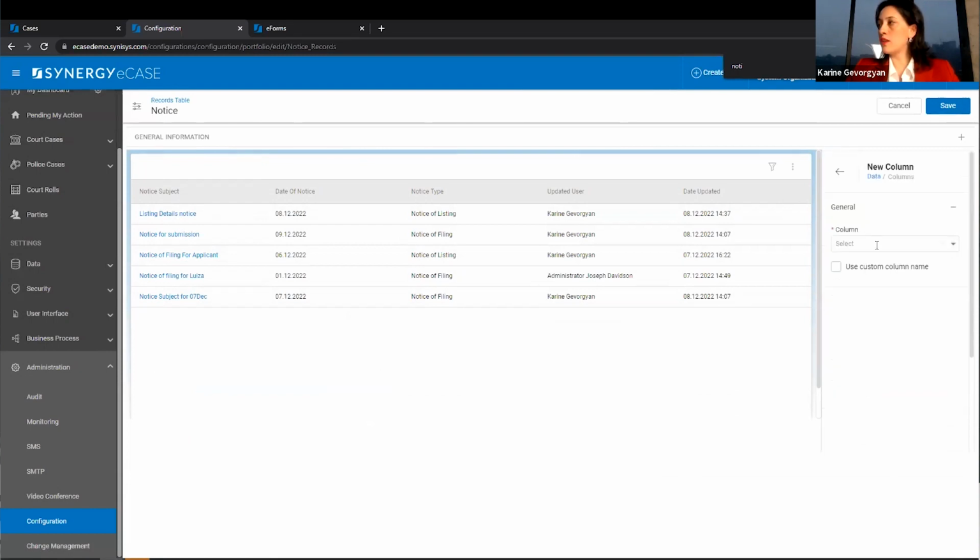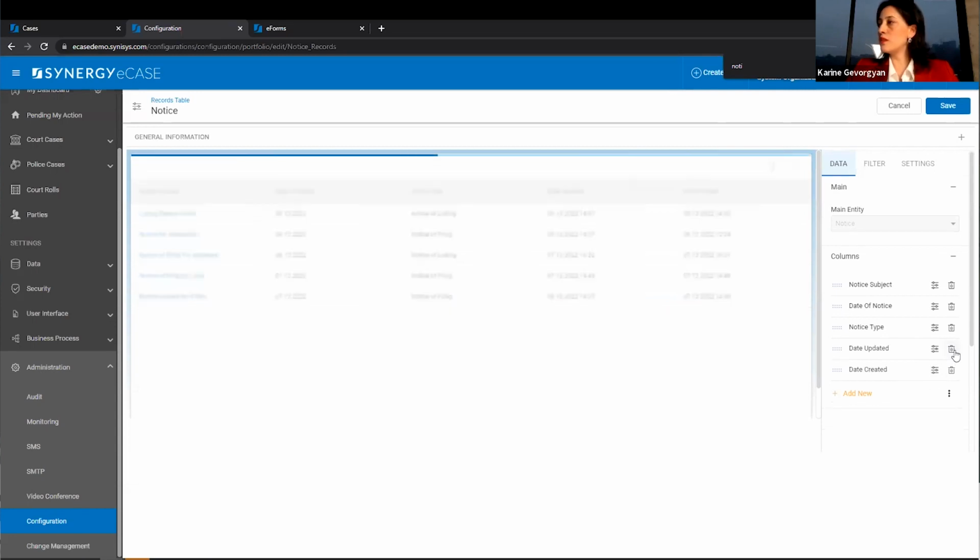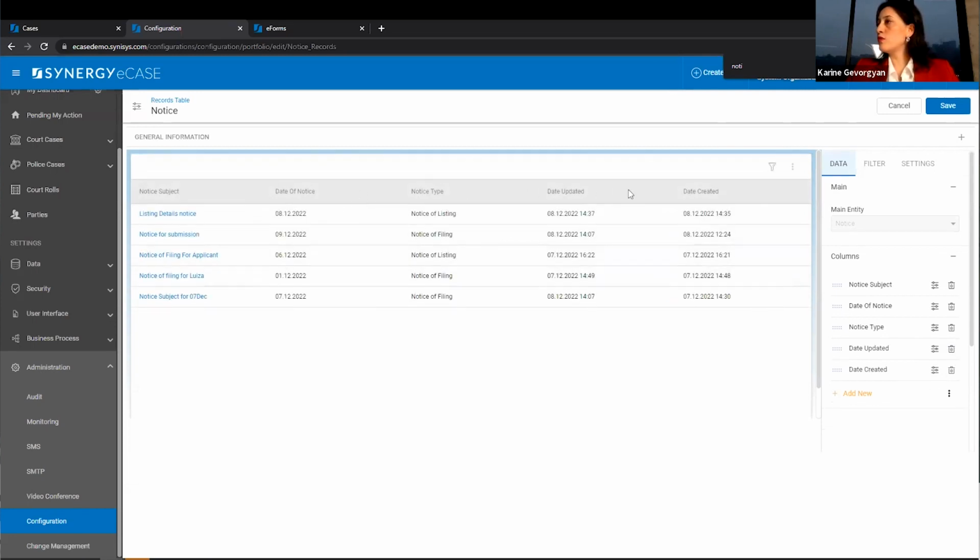I can add new columns. I will select from the existing knowledge again. I can choose, for example, date of created. I can remove some of the fields, for example, who has updated it. I will define all specific columns, and then there is no need for, again, developers to go and to construct